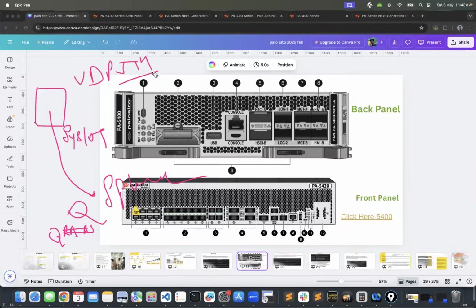Depends, you can customize the port as well. But the concept here is the firewall will send syslog traffic to the syslog servers. That, as of now, you know. By default, it uses the management interface. But